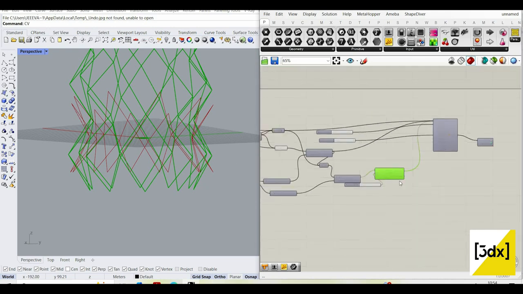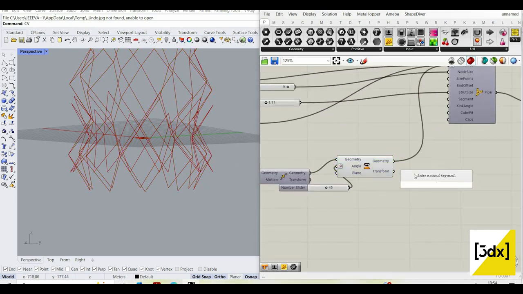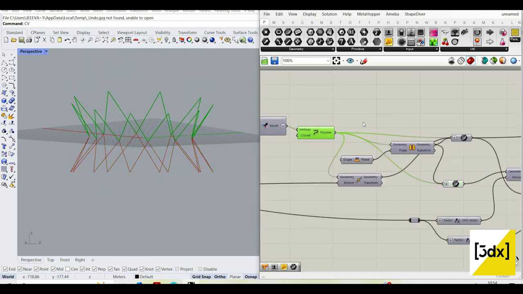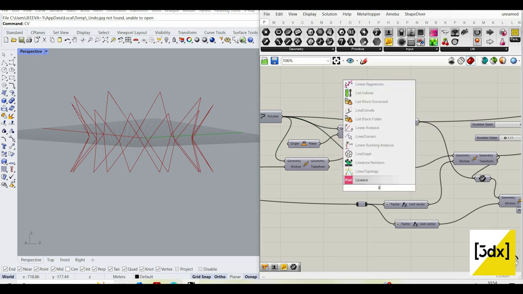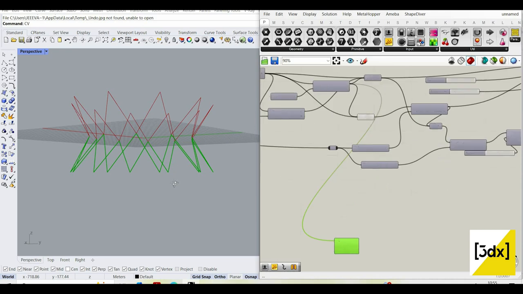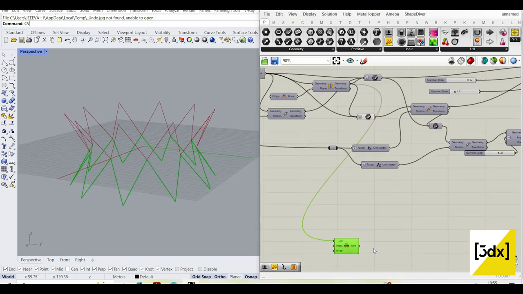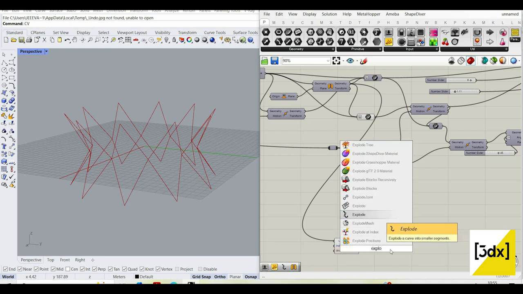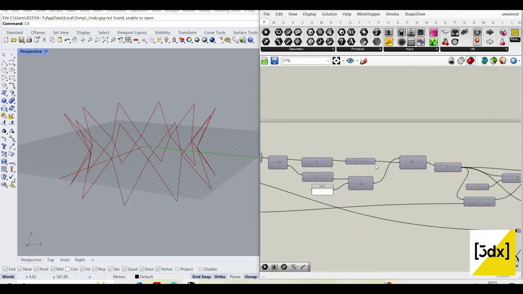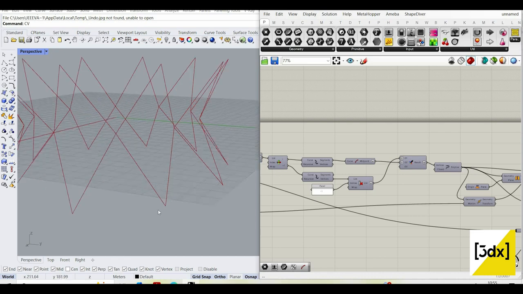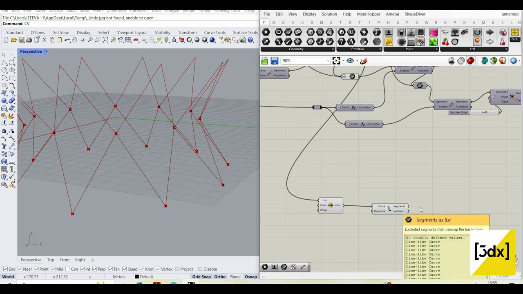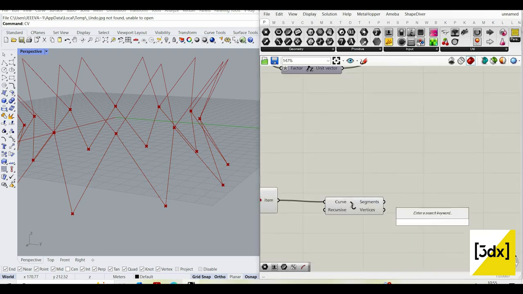So what I'm going to do is, okay, so this is the curve, and let's say list item here, and explode again. So that's why, if I copied this, I could have taken the point. I just want the point of this place. But anyways, we didn't copy it. So let's take the point